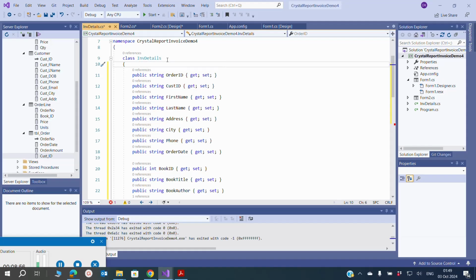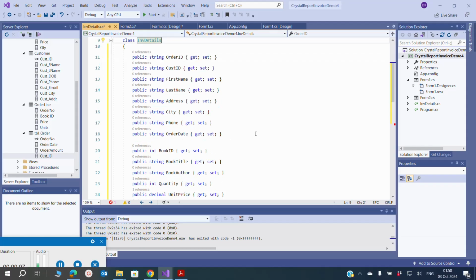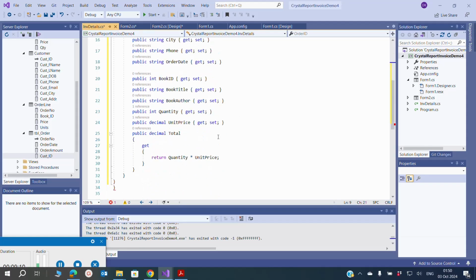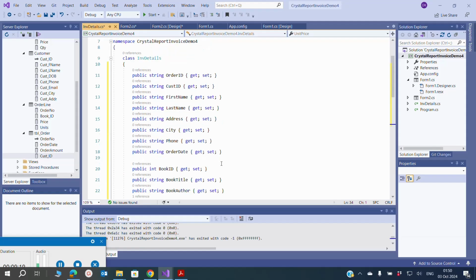So my invoice detail class, which is known as INV details, contains all the properties like order ID, customer ID, first name, last name, address, city, phone, order date, book ID, book title. So the idea is to have all the details in one file, because this file is going to be used as a .NET object file, data object file for our Crystal report. So after we have done that, we will obviously save it,